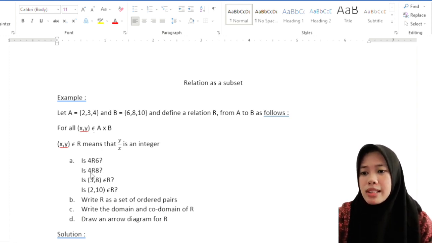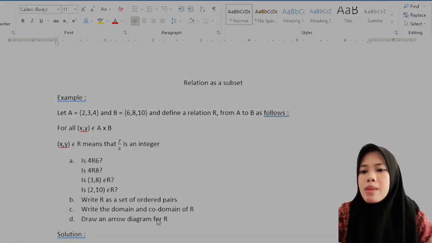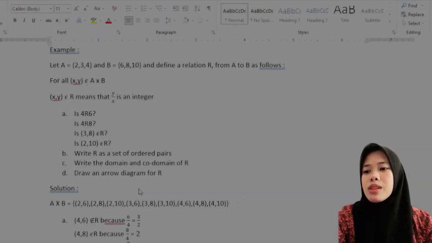Is 4 related to 8? Is (3, 8) an element of R? Is (2, 10) an element of R? Letter B. Write R as a set of ordered pairs. Letter C. Write the domain and codomain of R. Letter D. Draw an arrow diagram for R. So, here,